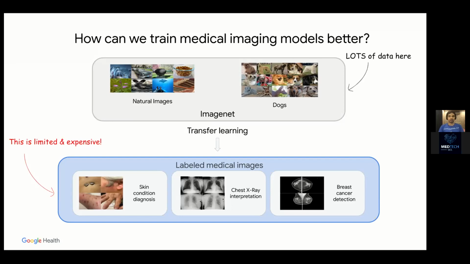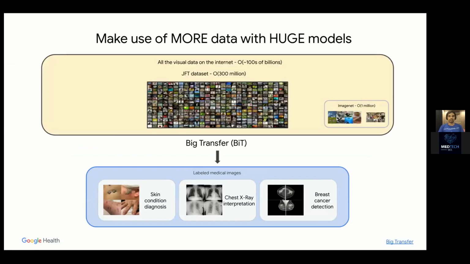And so the question that we ask is, in order to train better medical imaging models, we know that there's a lot of natural images in the world, right? So why should we only use this ImageNet dataset, which is only about 1 million images? So that's what we end up doing. Instead of pre-training only on this ImageNet dataset, which is about 1 million images,